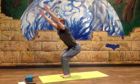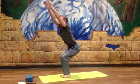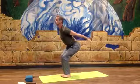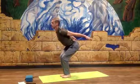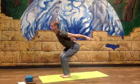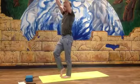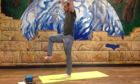Tone your low belly. If this is too much, hands to heart center. You can airplane arms. Good. One more breath in. Hold on as you breathe out, and we'll find some balance here. Inhale, Ekapada Tadasana, lift the right leg. Find some balance. See if you can get a 90-degree angle with that lifted leg and pull your lifted toes